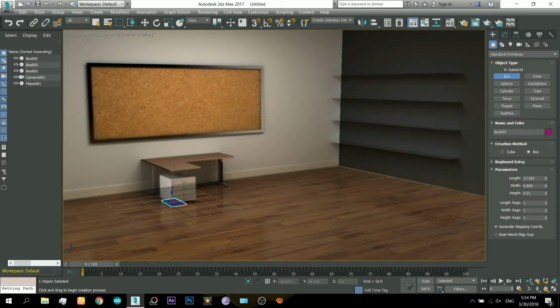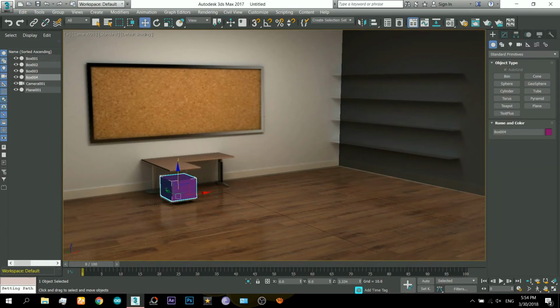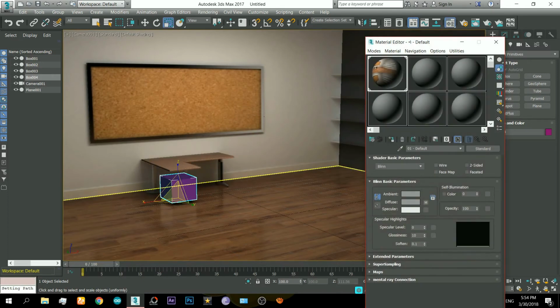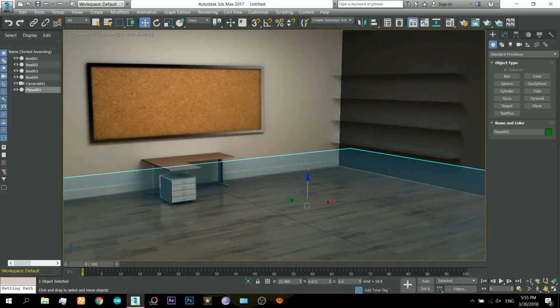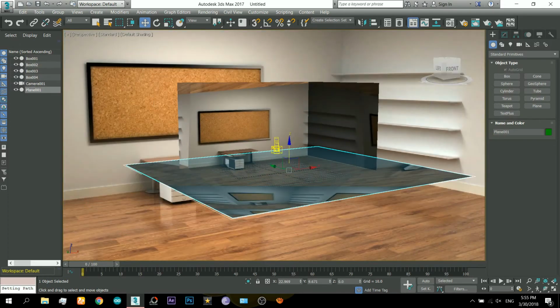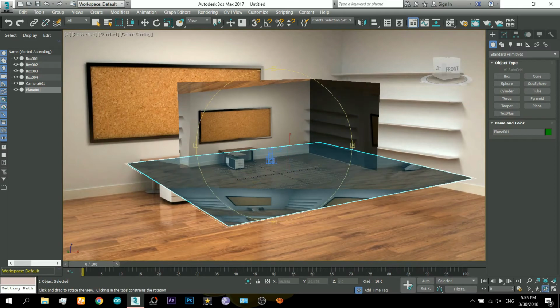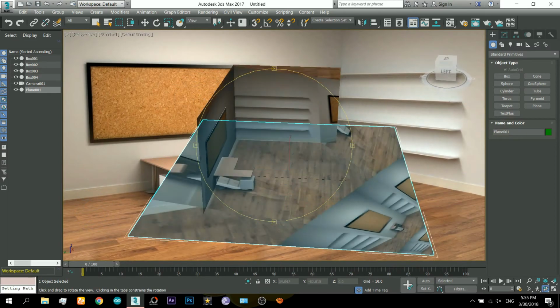You can create that drawer also, as it is a little above the ground, so the placement is necessary. You will have to do that carefully, and you will also apply the same material to all the objects. You can use different, but that depends on you if you know how to use them. Okay, and now you can see